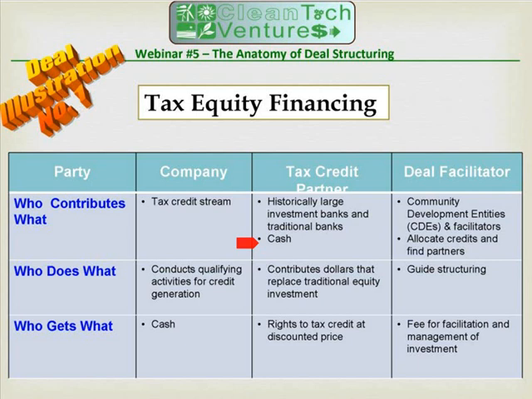In many cases, there's a deal facilitator. And under a new markets tax credit, which is the example we're going to show in the next slide, that deal facilitator is a creature of Treasury Department regulation called a community development entity, or a CDE. And new markets tax credits, the reason that we've chosen to present this one to you is to show the flexibility and the variety. Even within some of these categories, new markets tax credits have nothing to do with the production of renewable energy.